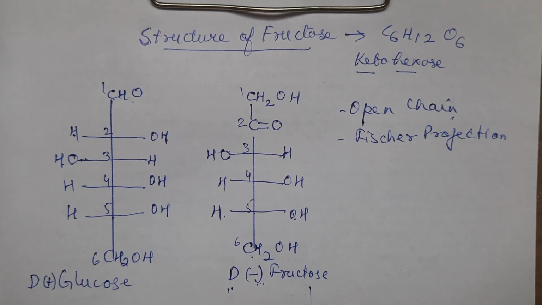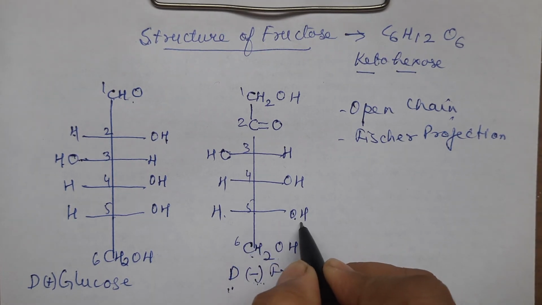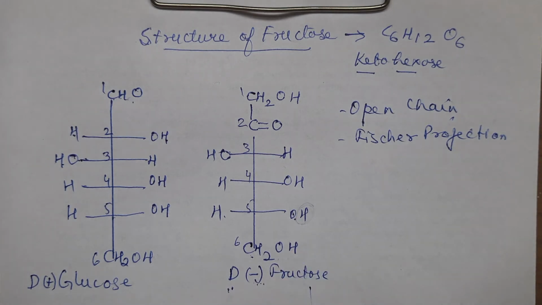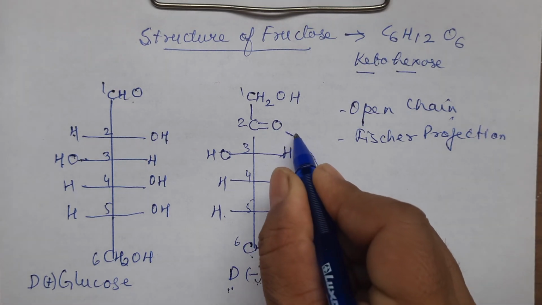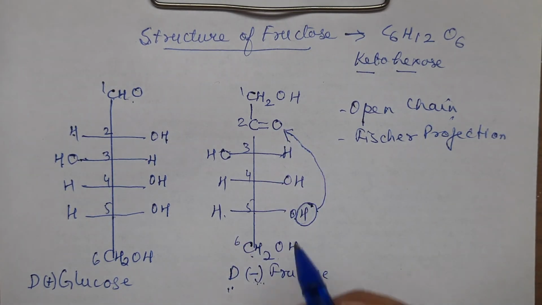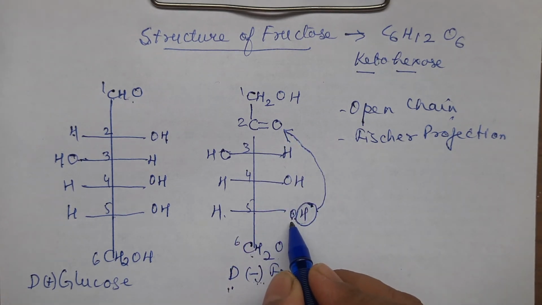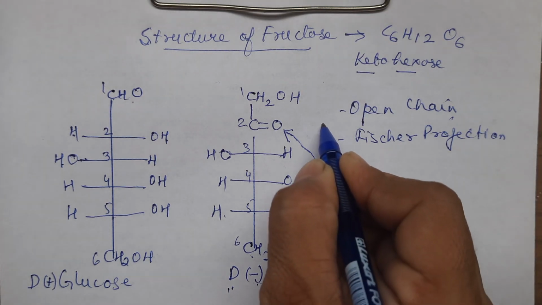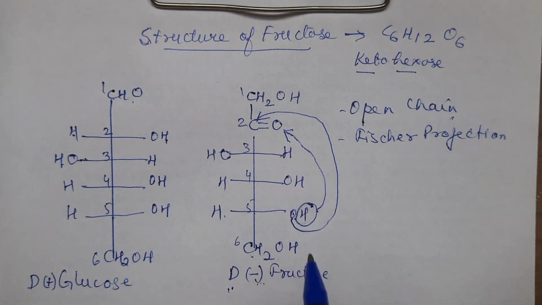Right? Now, how we convert this open chain Fisher projection fructose into the cyclic? There is a ring between 2 and 5 now. How 2 and 5? On the fifth carbon atom, if I remove this hydrogen from here, and take this hydrogen on the second carbon atom, what will I get there? It will become OH. The double bond will go away. There is O left over now. This O I will link to this particular carbon atom from the top. Right? Did you follow that? The ring is of 5 membered now.